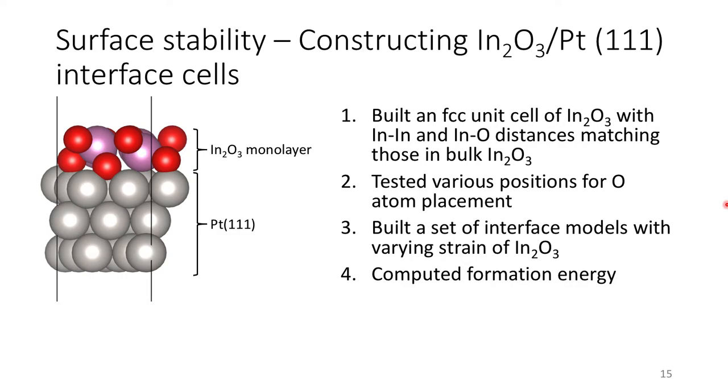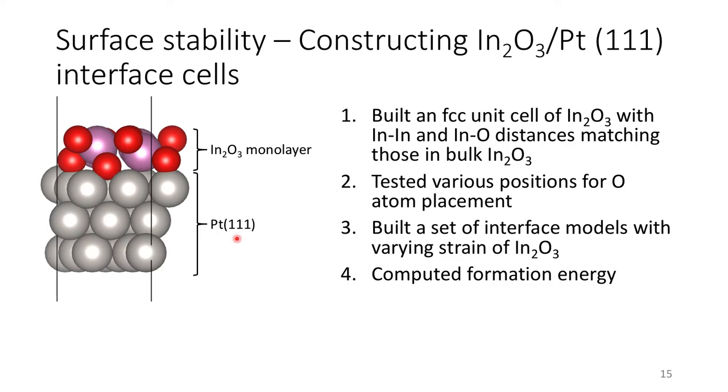So let's look at surface stabilities. To show you how we've done this, I'm going to use the In2O3 phase as an example. Creating the surface structures is non-trivial since the indium oxide phase can adopt a number of possible structures. So to simplify our analysis, we assume that the oxide layer forms a monolayer on the platinum substrate, and we limit our analysis to the platinum 111 facet since it will be the most prevalent facet on a